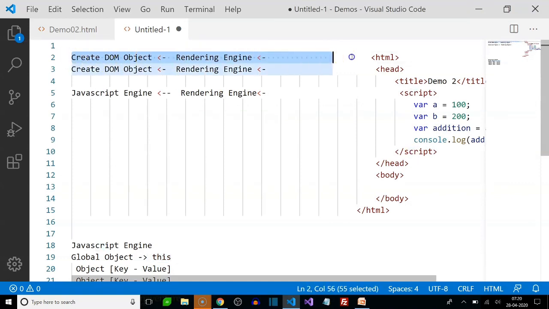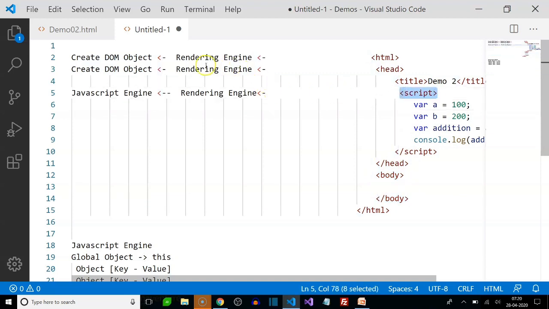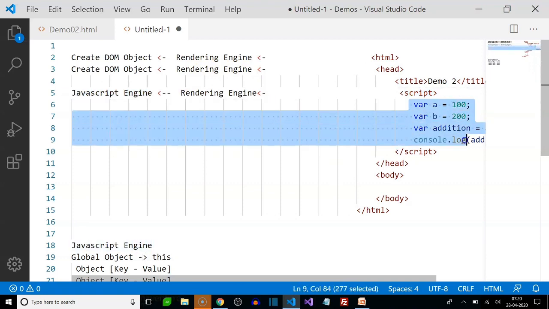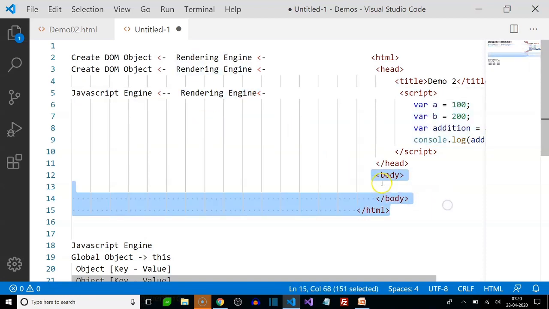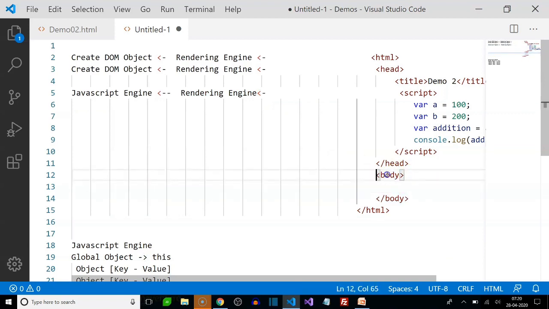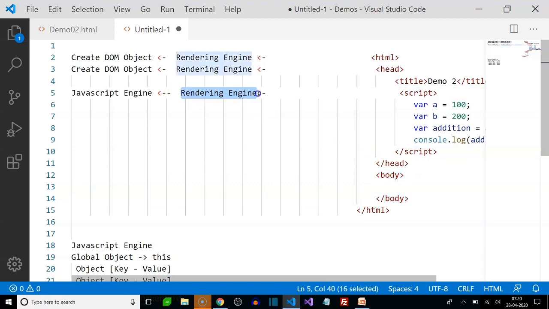When this line was given to the rendering engine, I said it created an object in memory, a DOM object. For head, a DOM object was constructed, so on with title, so on with body and all. But then whenever there was a script, obviously the JavaScript engine has something to work with. It has 4 lines of code for execution before the rendering engine proceeds with your body part here. So in order to come down to the closing head, or you can say body and closing body, the rendering engine will have to wait now, because it's in a wait state, so that it can actually see